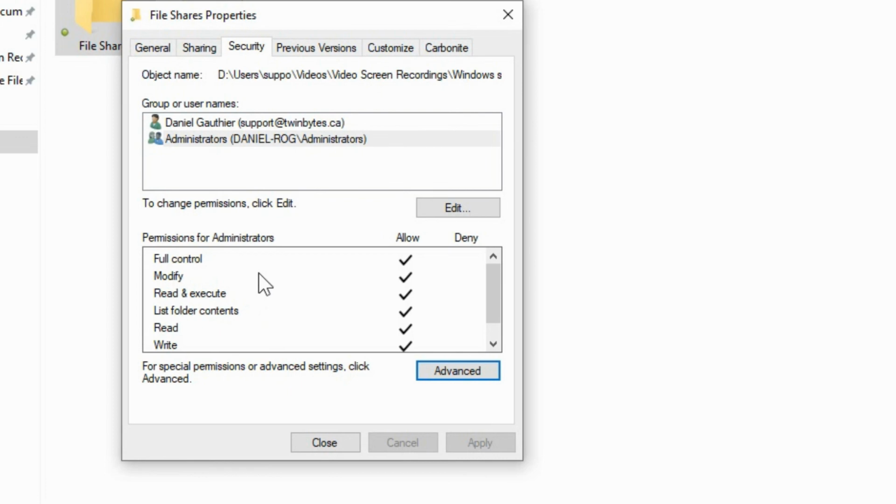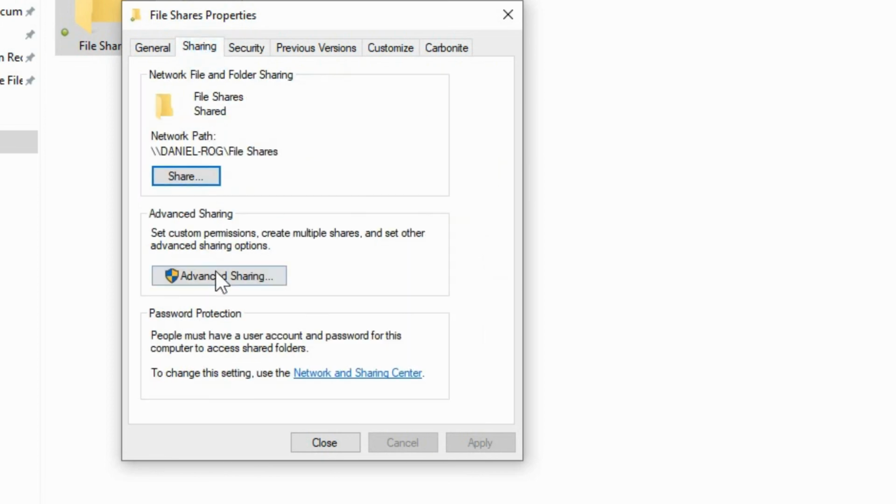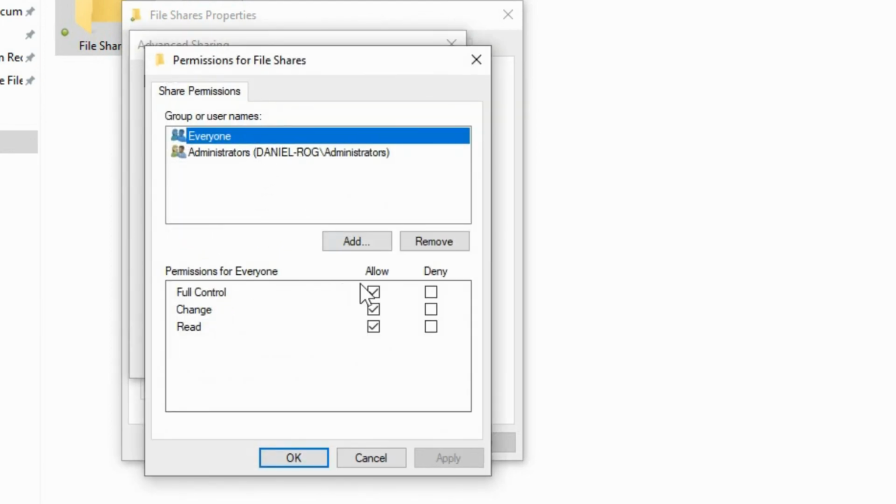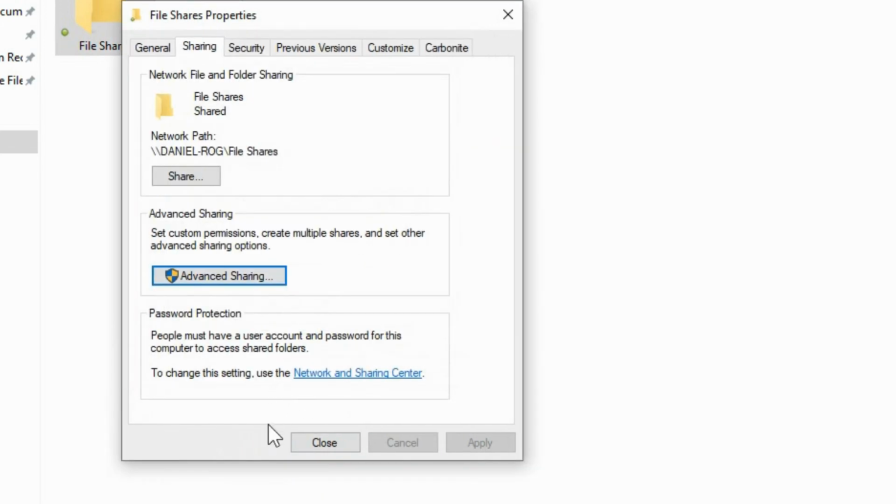So if you have any kind of problems with the permissions on here, you can go in here, add the specific user. You'd have to make sure you got the username passwords that are matched up. If you're on a server, it should be doing it all automatically with the password management. But if it's a workstation, then you have to have the same username and password spelled the same way on the workstation and on the computer that's acting as the server for this to work. And if you're still having issues, you can go back to the sharing, go under the advanced sharing, and check the permissions here and make sure that everyone is set to full control allowed. And then you should be okay.